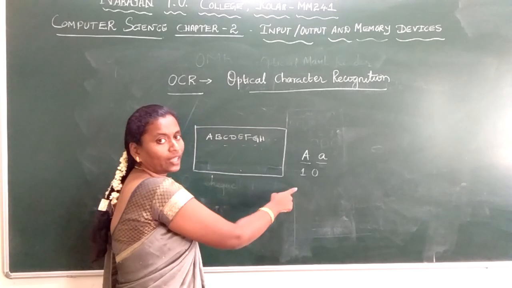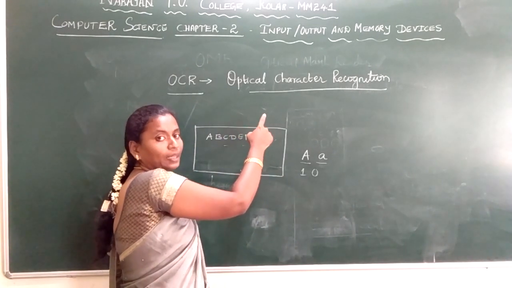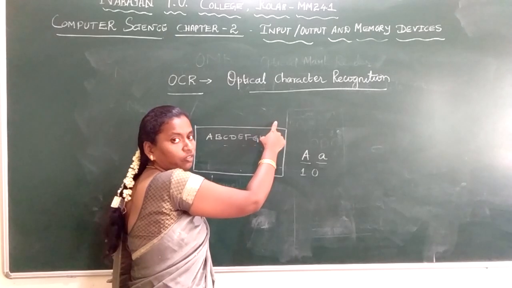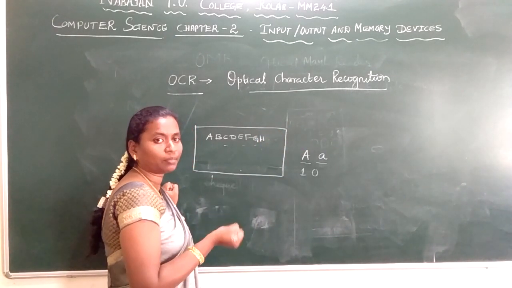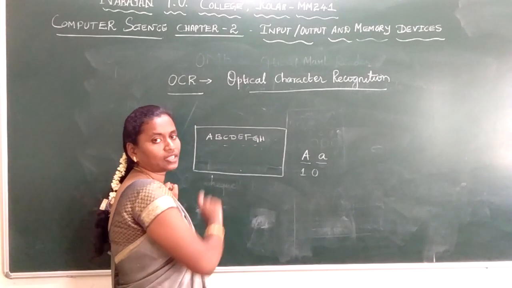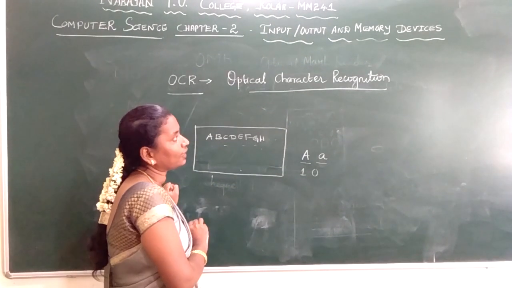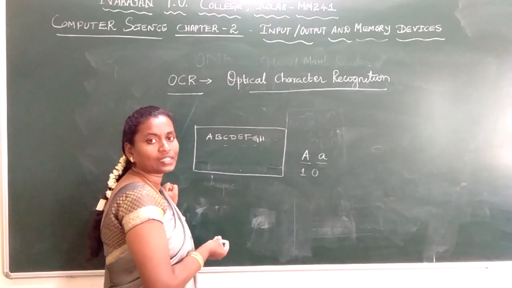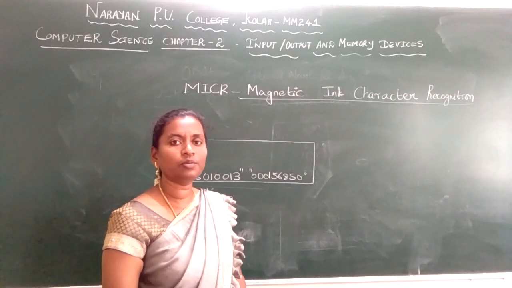In that way they train the network, and it will convert the image document which is in textual form into an editable form. We can edit the image document and send it back in the original form to your boss. That is the best example for OCR, optical character recognition. Next we will see MICR. So we are discussing the input unit, students.